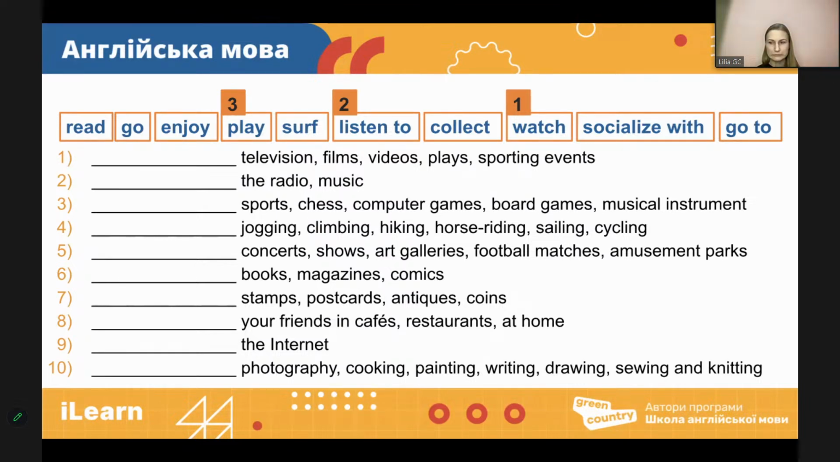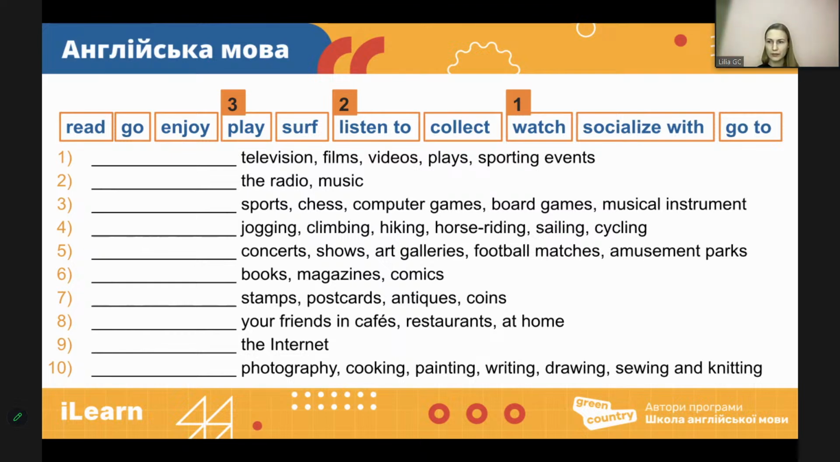Number four. Okay, I can see two possible options, go or enjoy. Well, basically you can enjoy anything here. I don't mind. But I think for such active things, especially outdoor activities, like